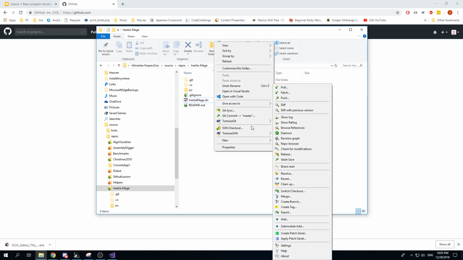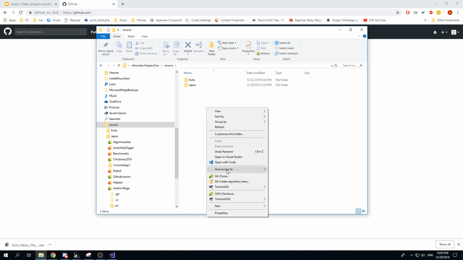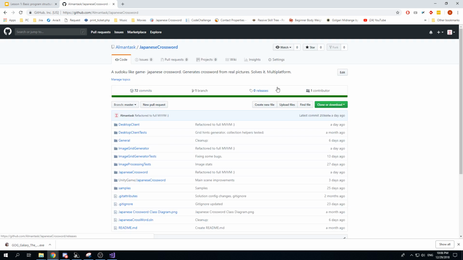So the first step will be, if you have Tortoise Git, you will hit git clone in an empty folder, and it will, let's say you go to, which one is it? Why don't I have it? Refresh. I don't see it. Okay, weird. Anyways, if you go to GitHub